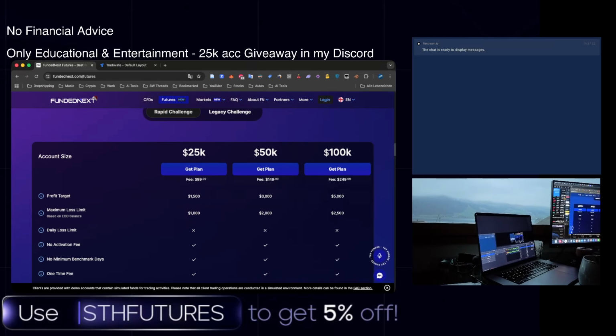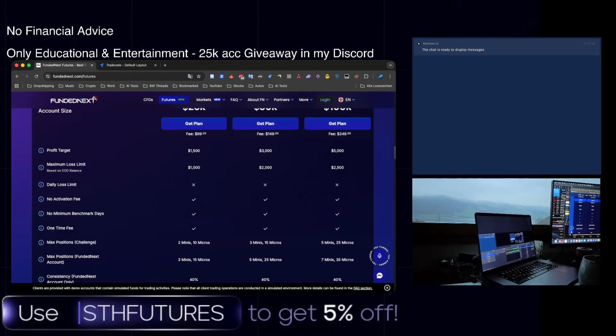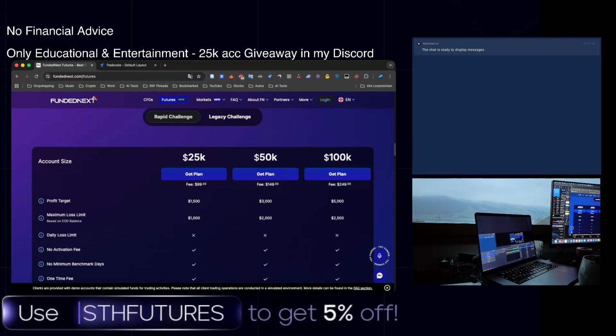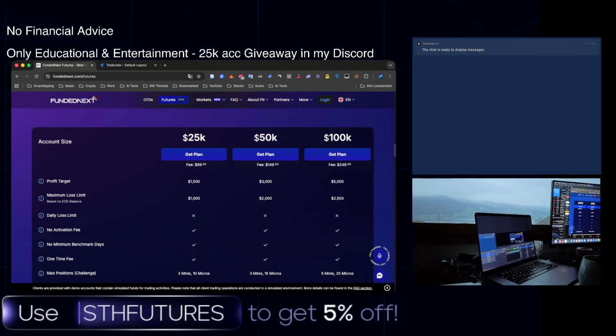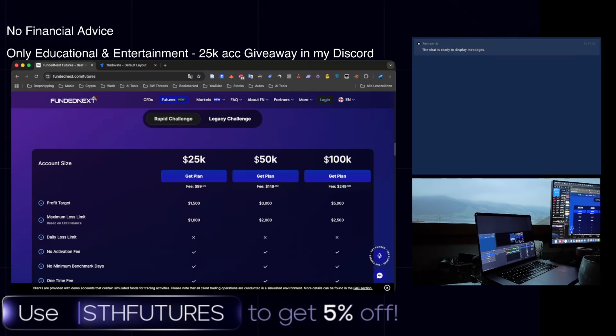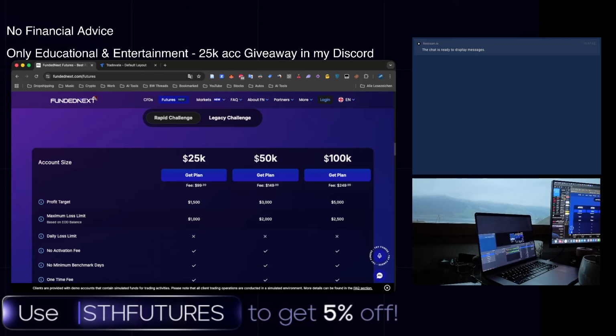And so the difference between the rapid accounts is simply the drawdown, and it's easier to get the payouts on the rapid challenge accounts because you have no minimum benchmark days. So I really like the rapid challenge accounts, guys. And yeah, so the difference between, this is also really important, the difference between the 50k account and the 100k account is that